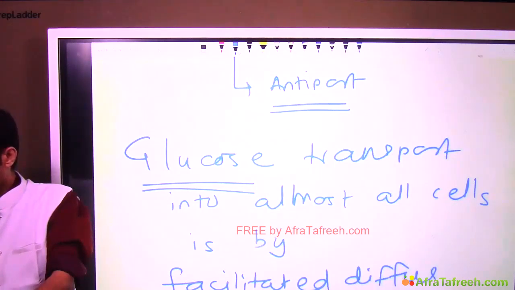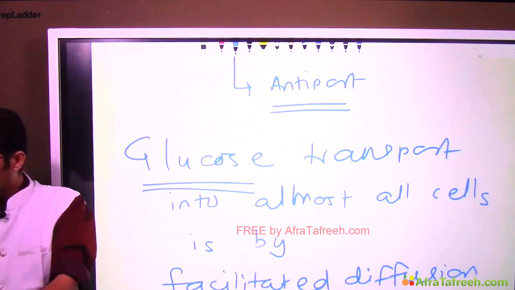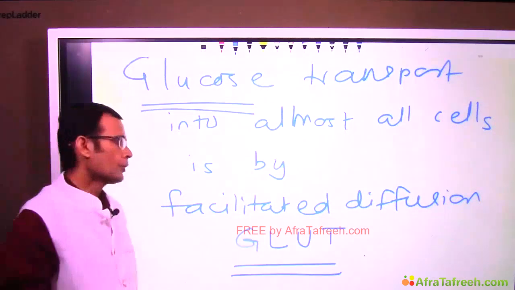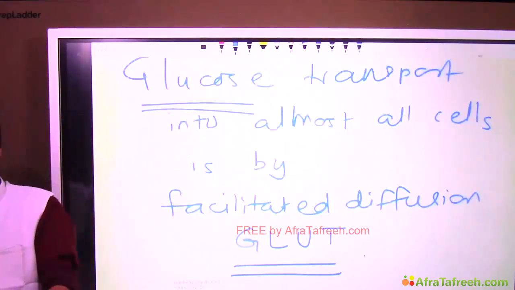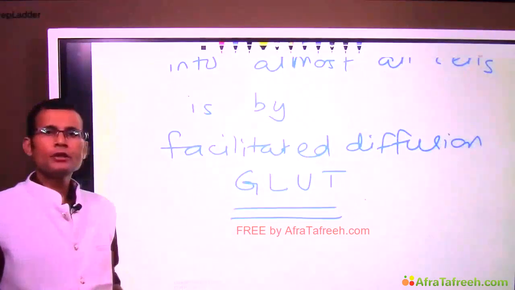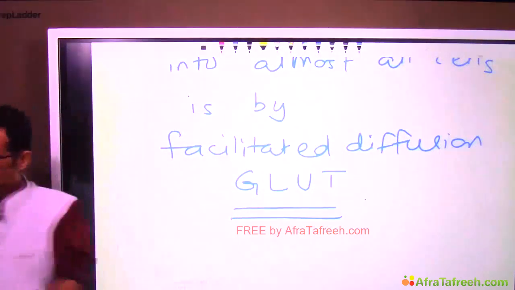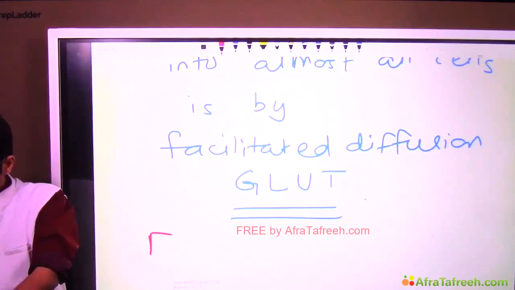And actually we are talking about the transport proteins. So the transport protein is GLUT. So glucose enters the cells of the body generally by using this carrier called GLUT. Except